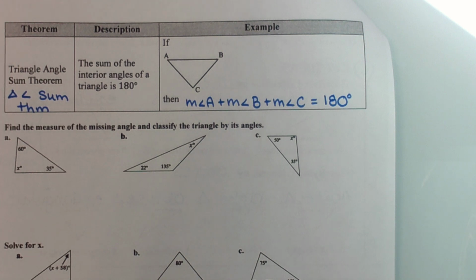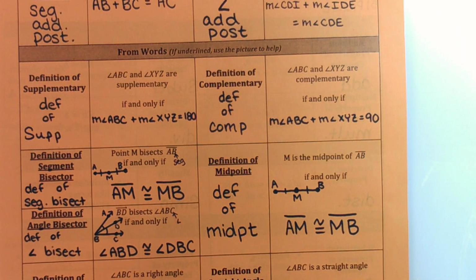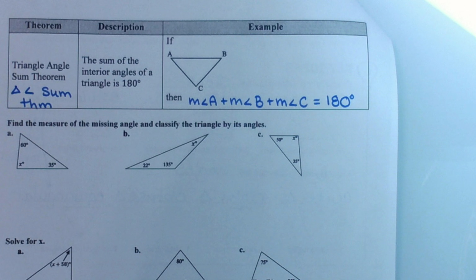This is something that people tend to mix up a little bit. Be careful with the term supplementary. If I pull up the definition of supplementary, it says angle ABC and angle XYZ are supplementary. How many angles are in that? 2. Supplementary is defined to be 2 angles that add up to 180. Is it possible for a triangle's angles to be supplementary? No, because how many angles are in a triangle? 3. And if all 3 of them have to add up to 180, then it is impossible for 2 of them to add up to 180. So,